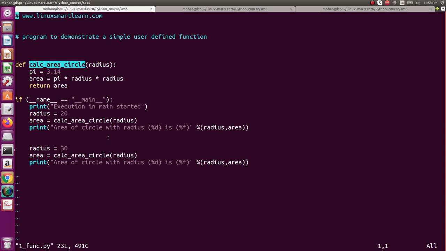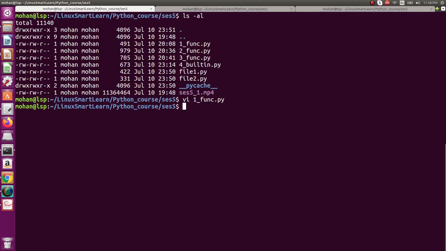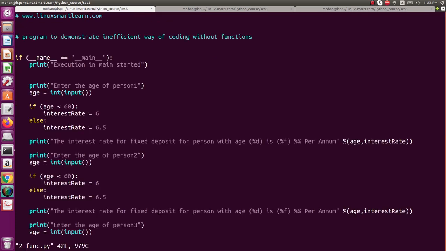Now let us see our second program. This program is to demonstrate the inefficient way of coding without the functions. This means now without the concept of functions, if we have to write a program, then this program showcases how